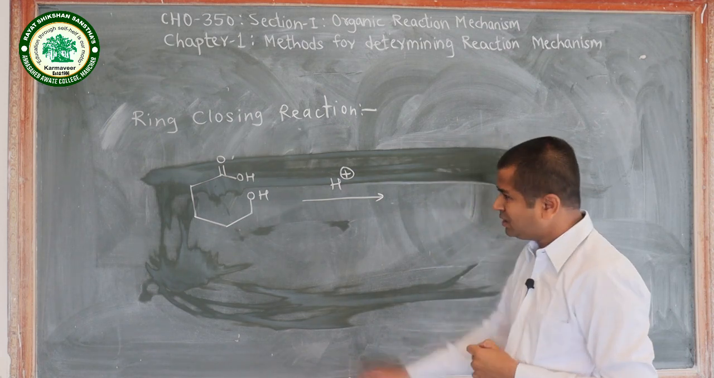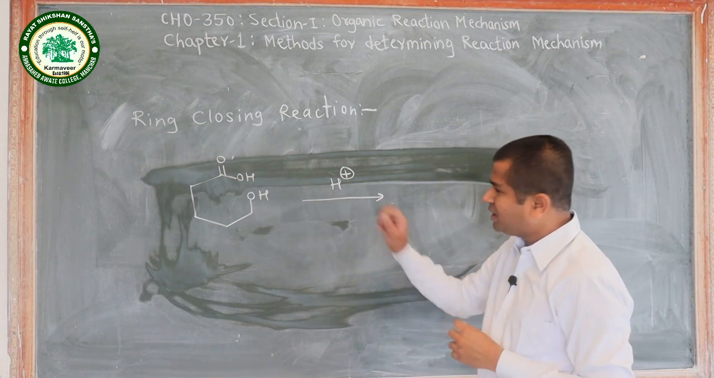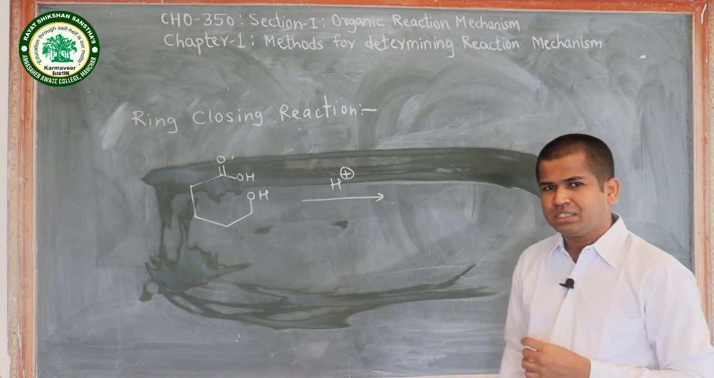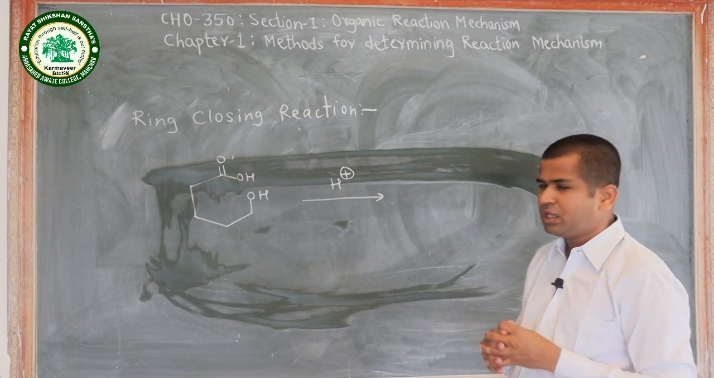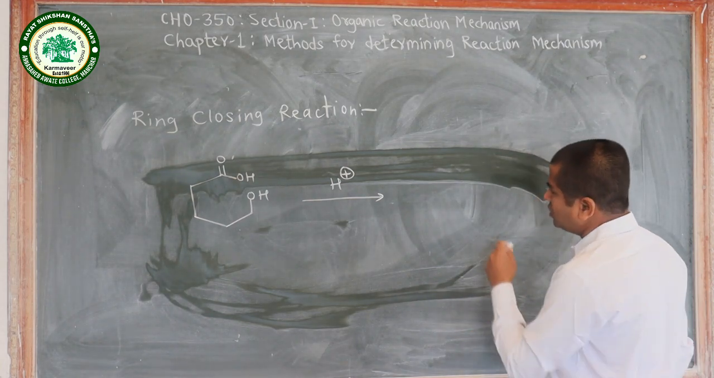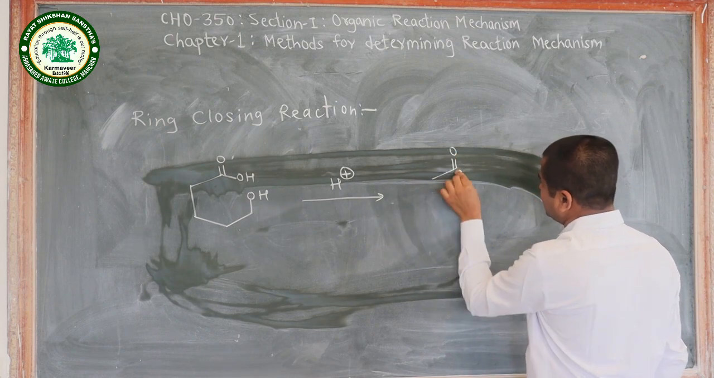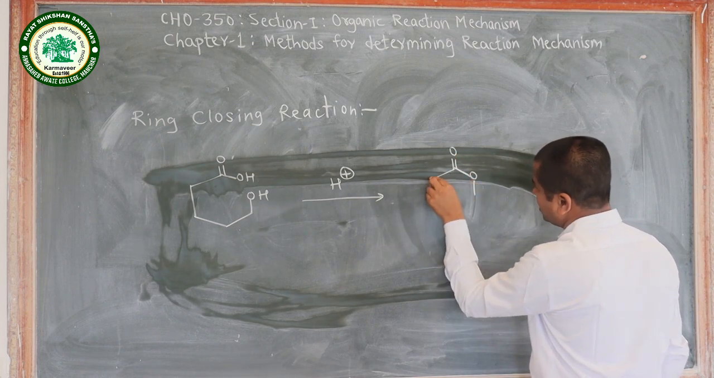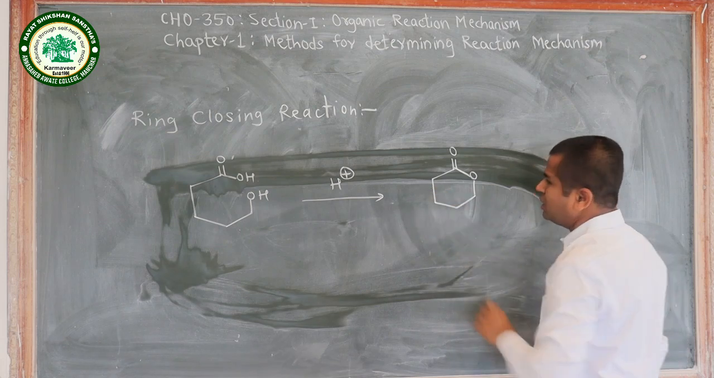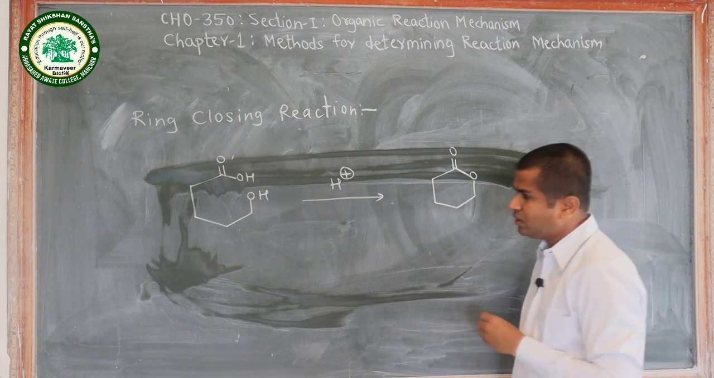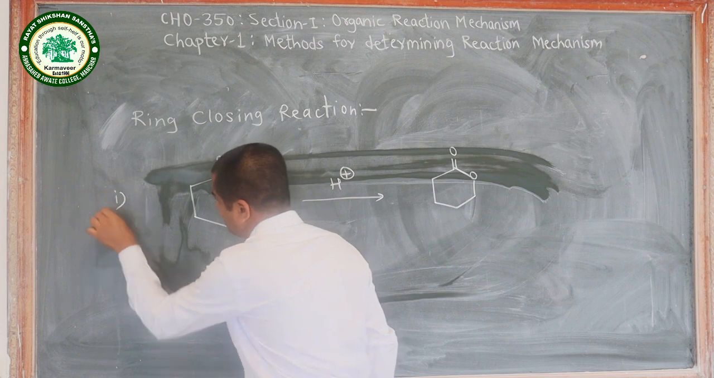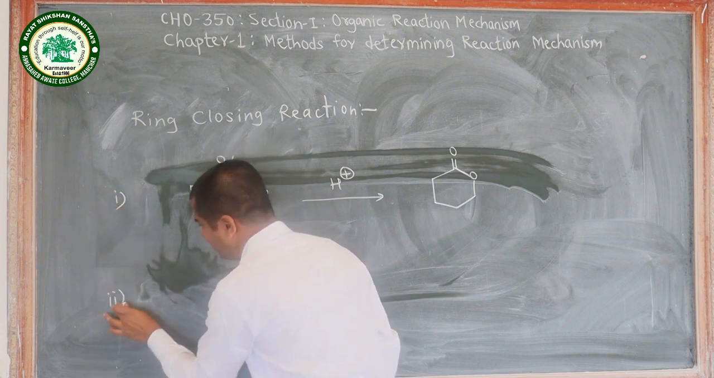On treatment with acid, the substrate undergoes an acid catalyzed ring ester formation reaction. It undergoes the ring closing reaction and a lactone is formed. Okay, so this is one reaction. Another reaction we compare